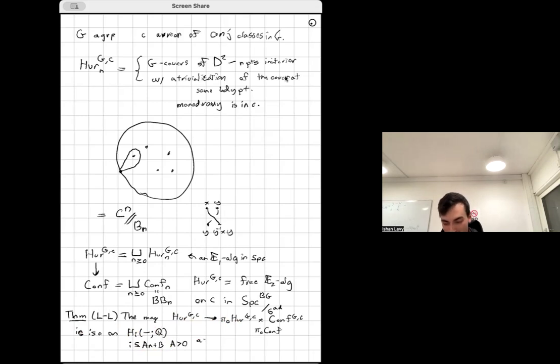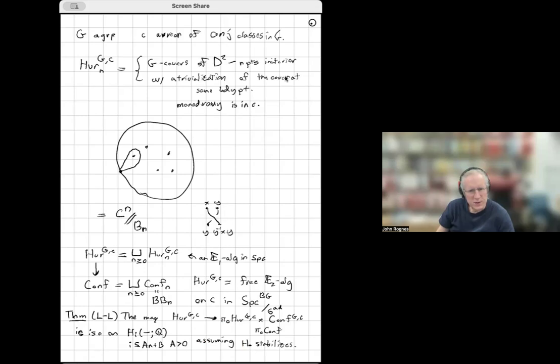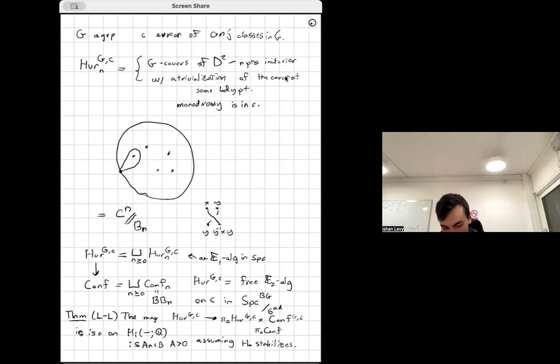And this is assuming that the homology stabilizes. The target of the map involves conf G C. What does G C do there? Oh, sorry, I just shouldn't have written that. So just conf. In other words, what I'm saying here is that the stable homology of Hurwitz spaces